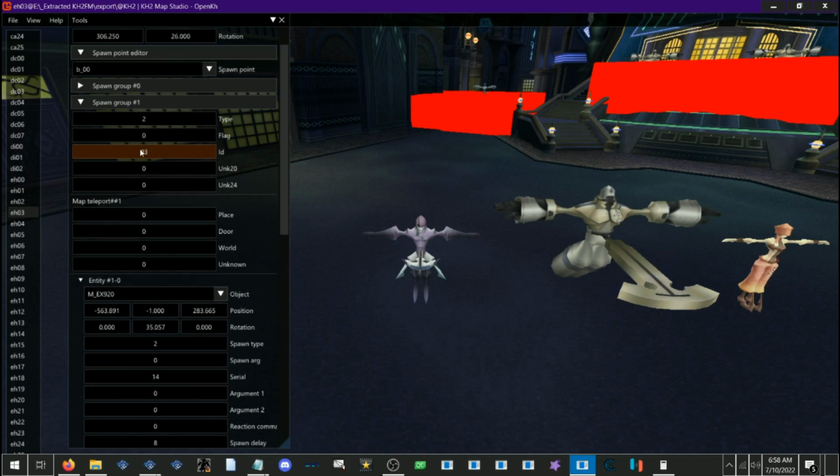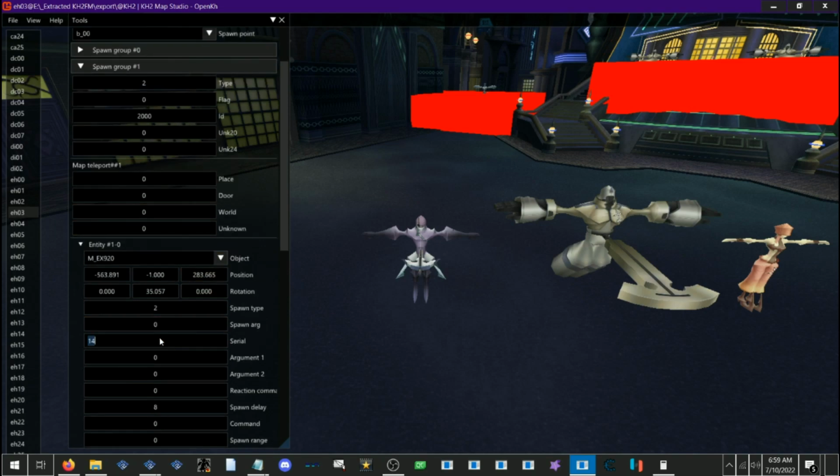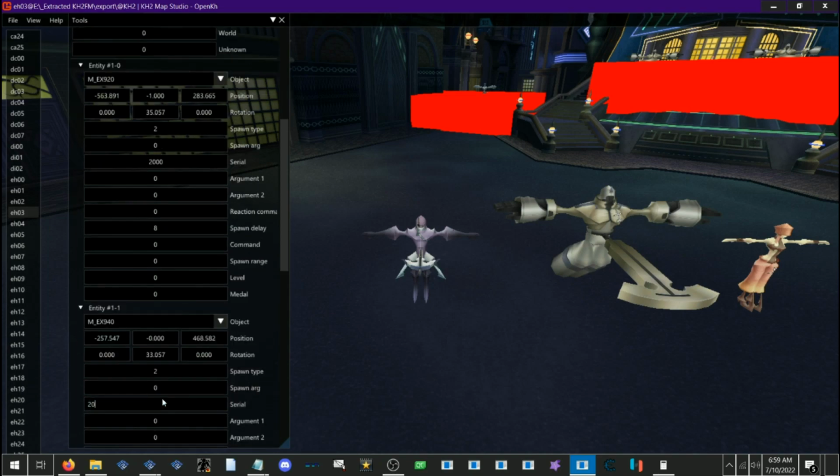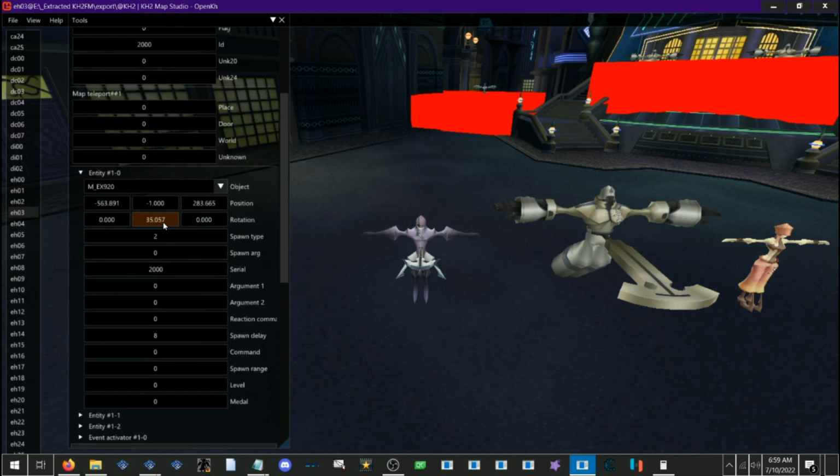The way I get around this is, rather than going around checking every spawn group, I usually just bump this stuff up to, sorry, not 200, like 2,000, and then the serial number can be 2,000, and the next serial number could be 2001. You basically just count upwards by 1 from a massive number, and that way there's no way you're going to conflict with something, because a room with only, I don't know, maybe 80 spawns at most isn't going to reach up to 2,000 ID